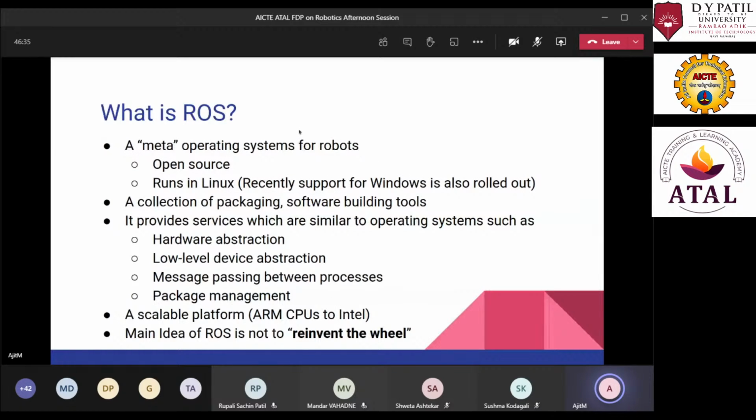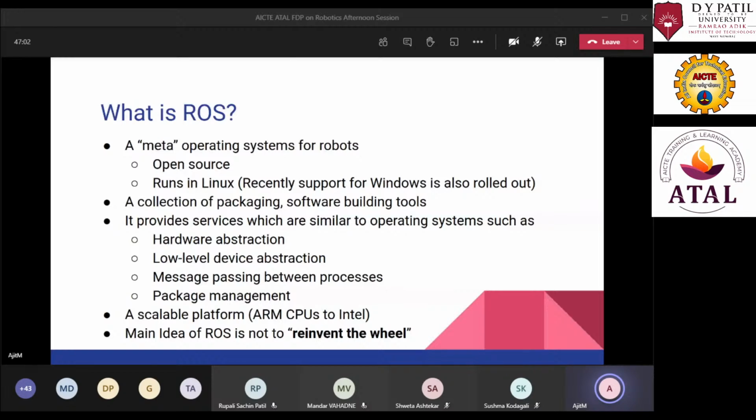So in the morning, Lentil Joseph sir gave us a quite good introduction about what is ROS, but still I'll give a little bit of introduction about ROS and how it is going on. So ROS, Robot Operating System, is a meta operating system, something which is not completely an operating system, but an overall framework for integrating all the sensors, all the programs together.